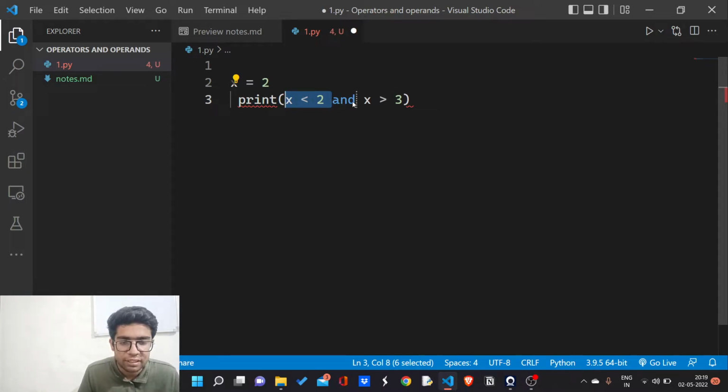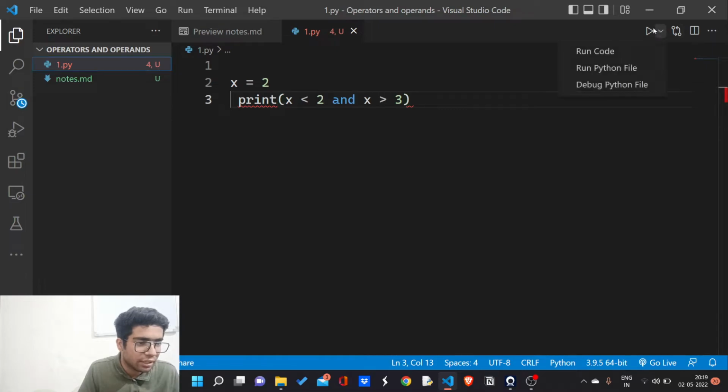Now AND operators return true if and only if both the conditions are true. If the first condition returns false, the AND operator is not going to check the next condition. This is the meaning of short circuit operators. If this condition evaluates false, that means the whole condition is going to be false, because AND operator only evaluates true if all the conditions are true. But it found the first condition false, that's why it will return false after just checking the first condition. If this condition returns true, then it will check the next condition. If this condition is false, this is going to return false.